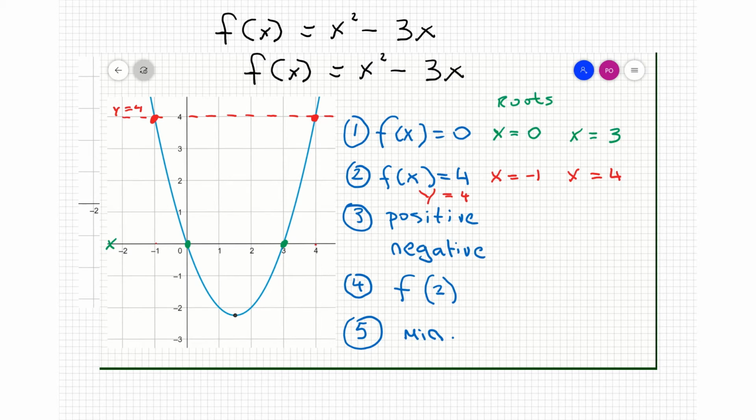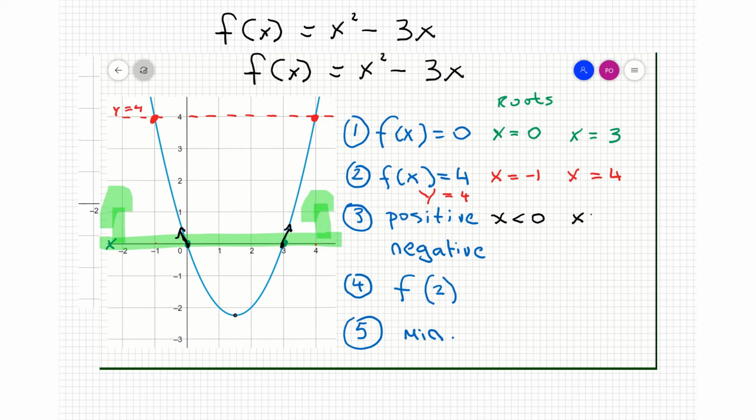We'll use the highlighter for this one. So everything above this line is positive. Okay, I won't highlight it all. So it's positive when x is less than 0, that's from here back. It's also positive when x